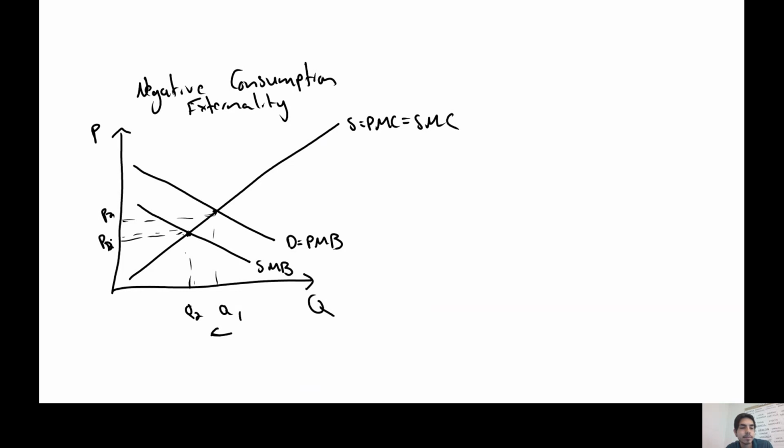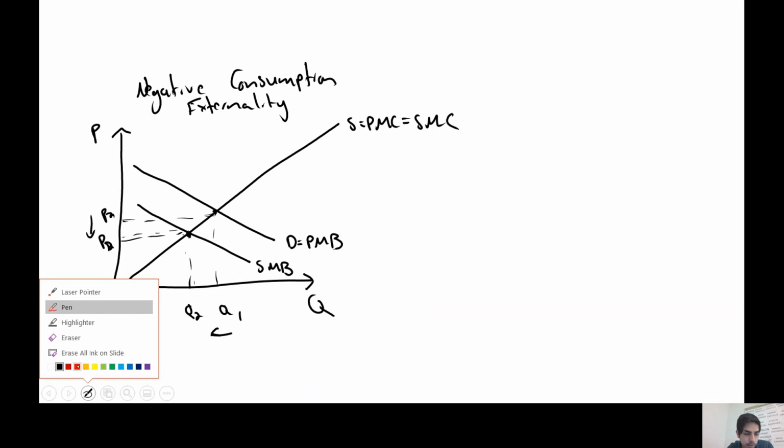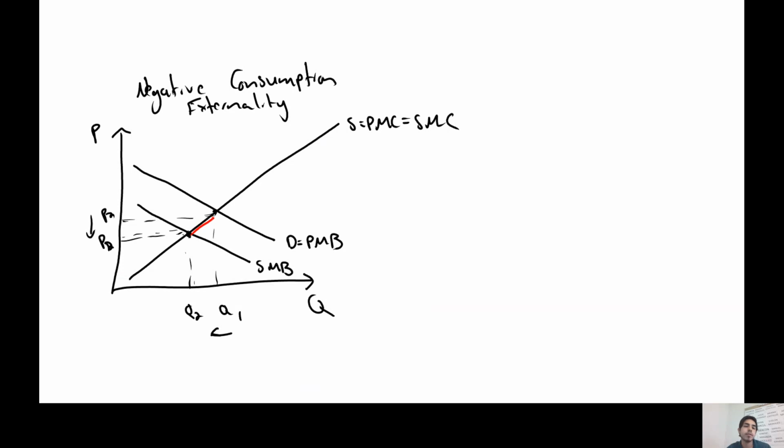And we can visualize this consumption of these gas guzzling vehicles, and we would prefer, as society, the social marginal benefit curve is further to the left, would prefer the market to produce, or prefer consumers to consume at Q2, but instead they're consuming at Q1, right? And so we can actually draw a deadweight loss triangle. And the way that you can think of drawing deadweight loss triangles is you always want the arrowhead to point to the socially optimal quantity, right?